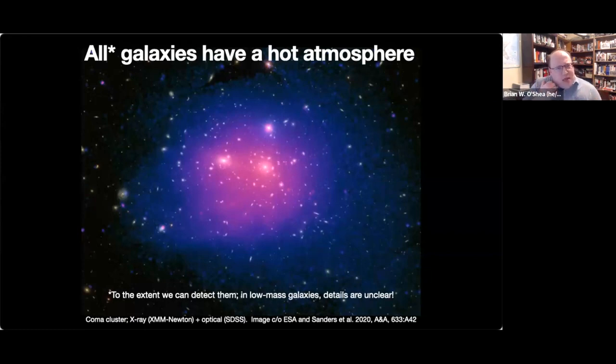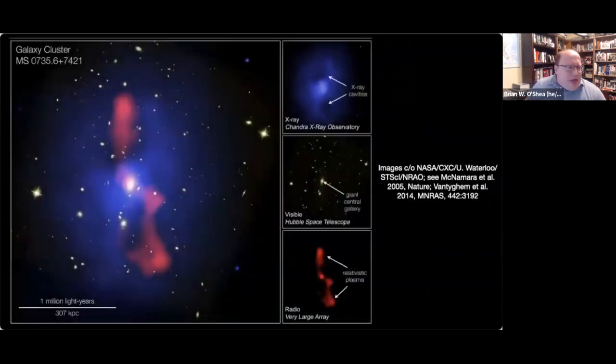And so what I want to do is talk about some work that we've done to try to understand how the CGM and supermassive black hole feedback interact with each other. And of course, we know that they do. This is a multi-wavelength image of a galaxy cluster. The serial number of it is written up there on the left. The key point that I want to make here is that in this galaxy cluster, we see tons and tons of X-ray emission. There is a central elliptical galaxy that you can see in visible light. And then there are these relativistic jets that are definitely coming from the supermassive black hole. But the jets go out to many kiloparsecs, hundreds of kiloparsecs.